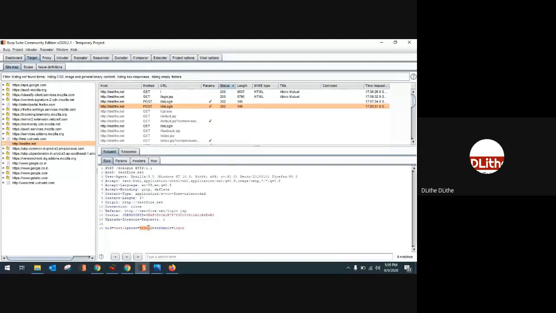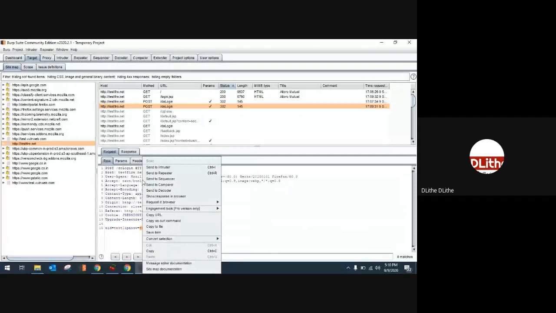After that, open the website that we want to hack, or open the login page that we want to compromise. And on the login page, generate some dummy data. Make sure it is visible on a browser. After that, open the request that we are trying to access. Right click inside the request and click on send to intruder.